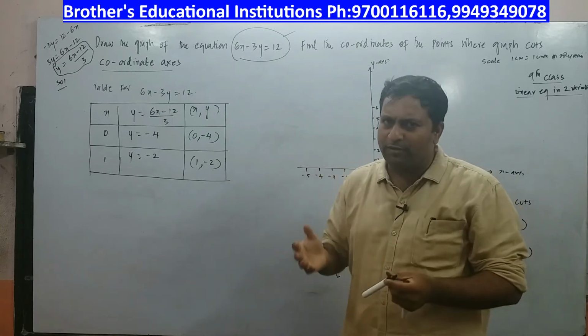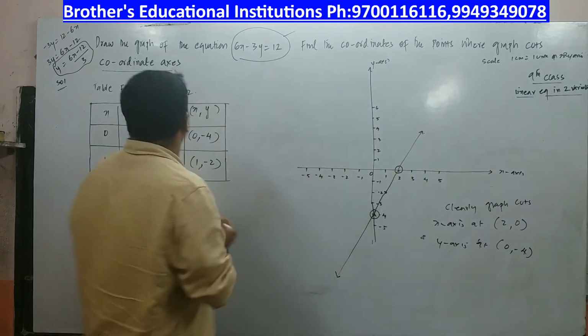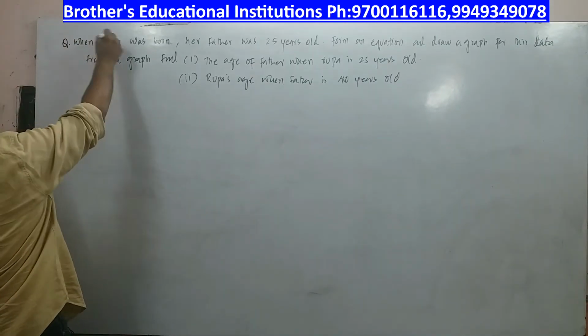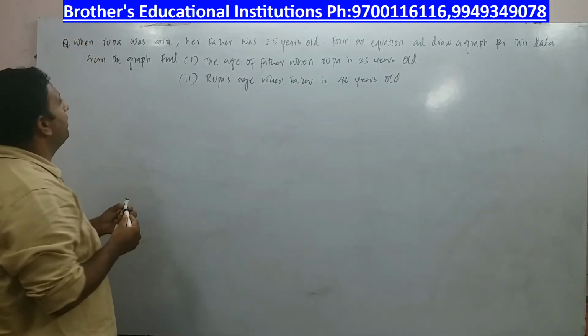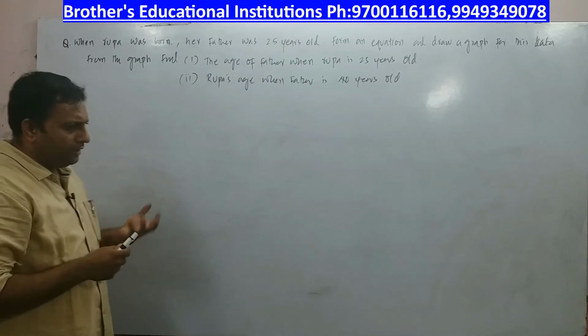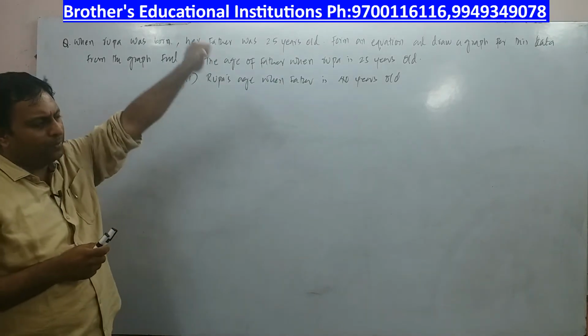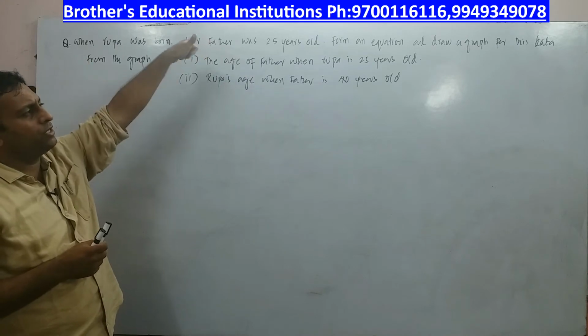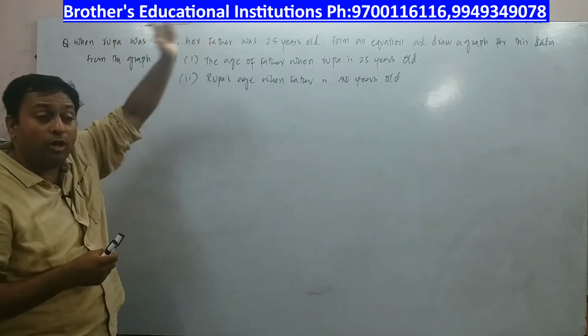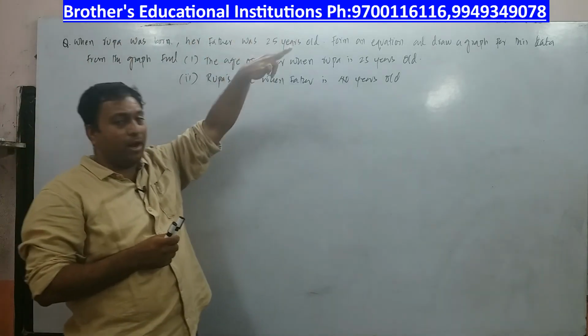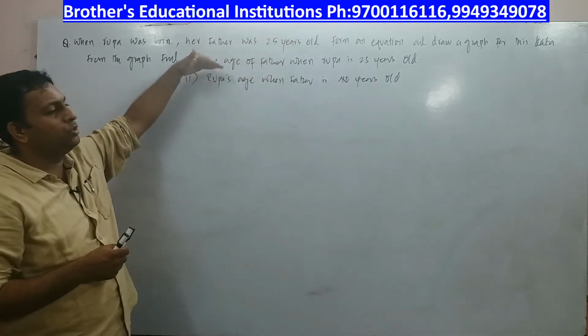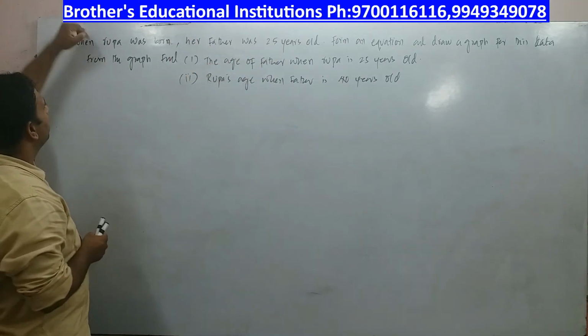So you can pause the video. I will go for the next question. Children, we have the next question in front of you. Here the linear equation is not given. We have to create the linear equation, that is the first job, and after creating the linear equation we have to draw the graph, and the third part is from the graph you have to obtain the solutions for this. All right. So let us try to understand.